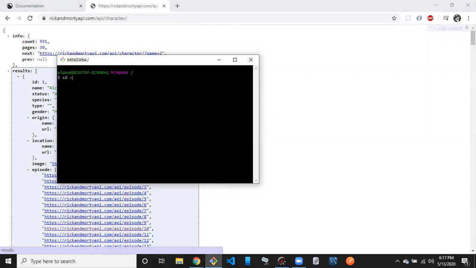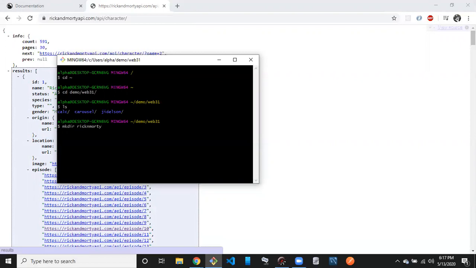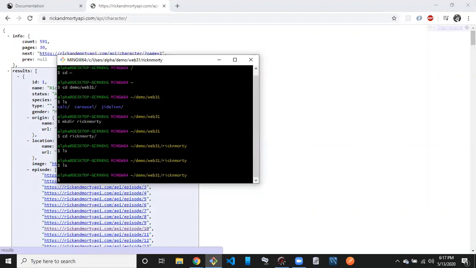So let's start a new project right quick. Let's call it demos. Let's see, we're going to call this Rick and Morty. Also, I don't think I uploaded the calculator. I'll do that here in a little bit as well. I forgot to do it last night. So we have a completely blank project. So I'm just going to go ahead and do a